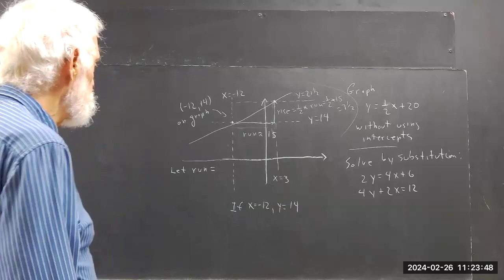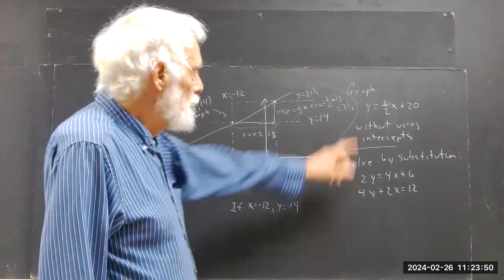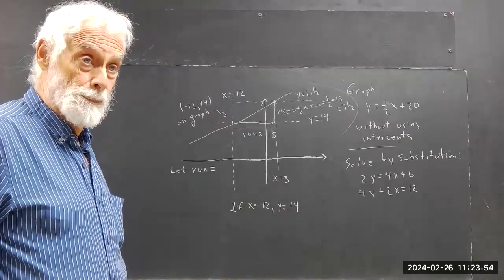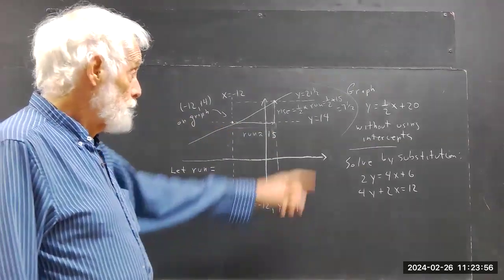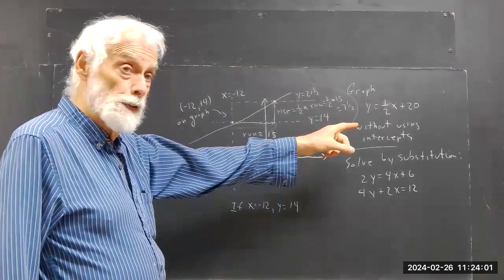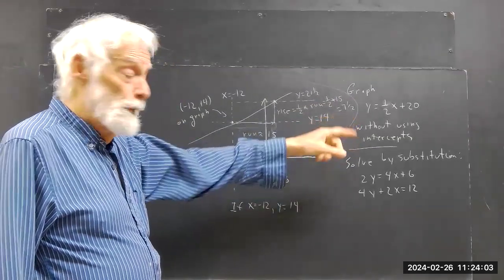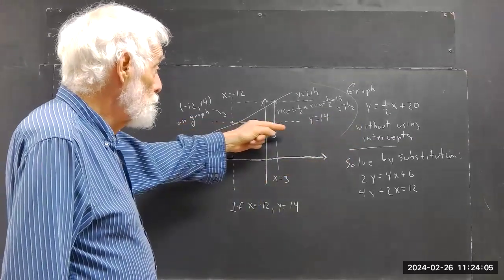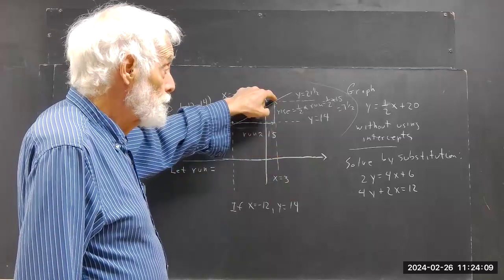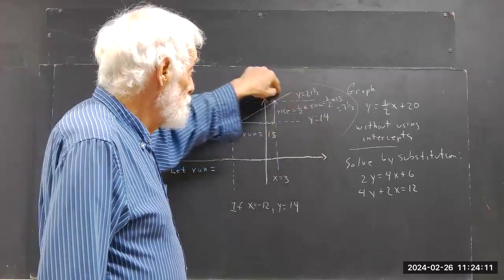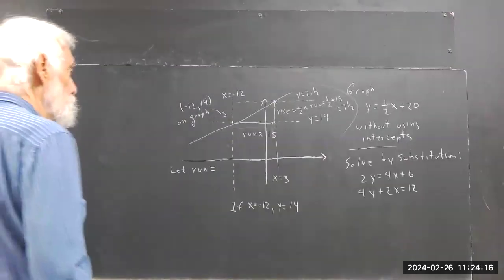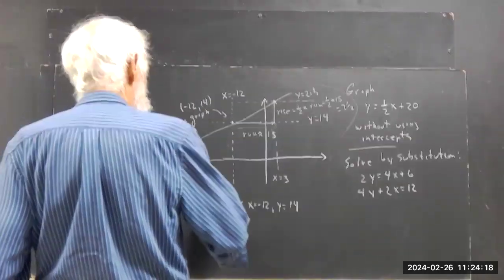Okay, so the point is, if I have the equation of the line, I can always find a point on the line. If I solve for y, I can always find the slope. And then I can always pick any run I want and multiply that by the slope, and I get the rise. So it allows me to determine another point. Another way of doing this is to say, okay,